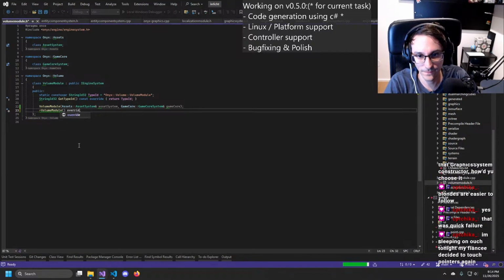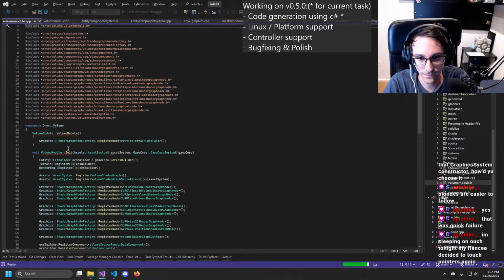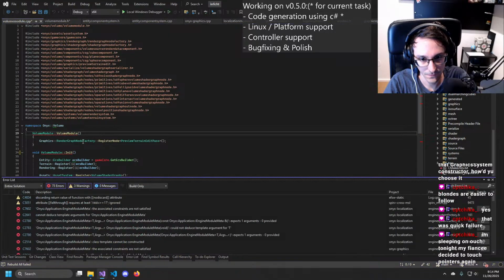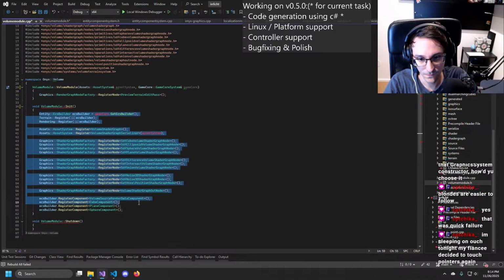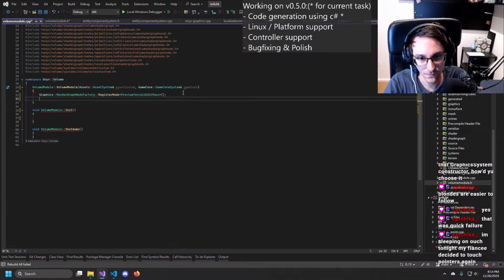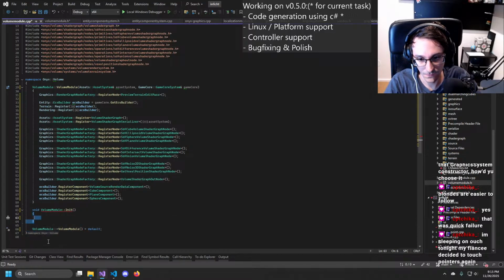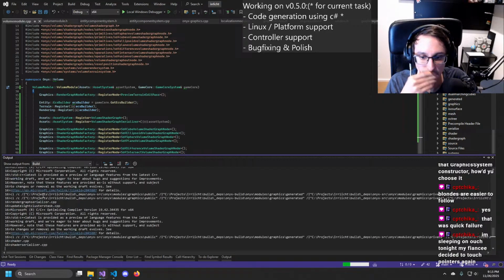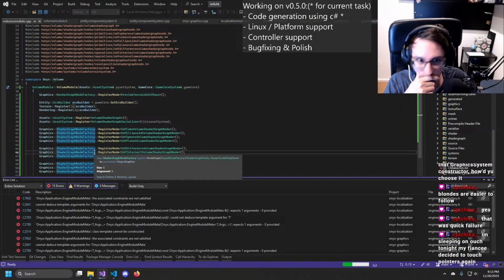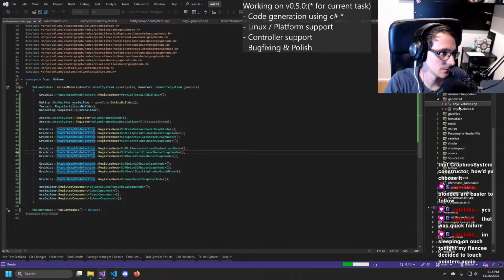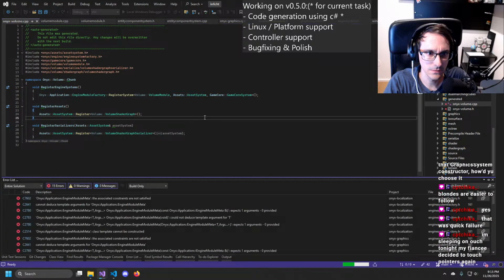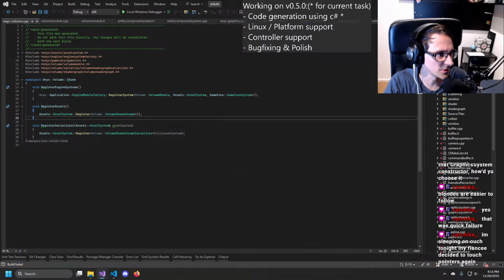Override. Okay. Oh, there it is. So it generated it, but it didn't generate it.